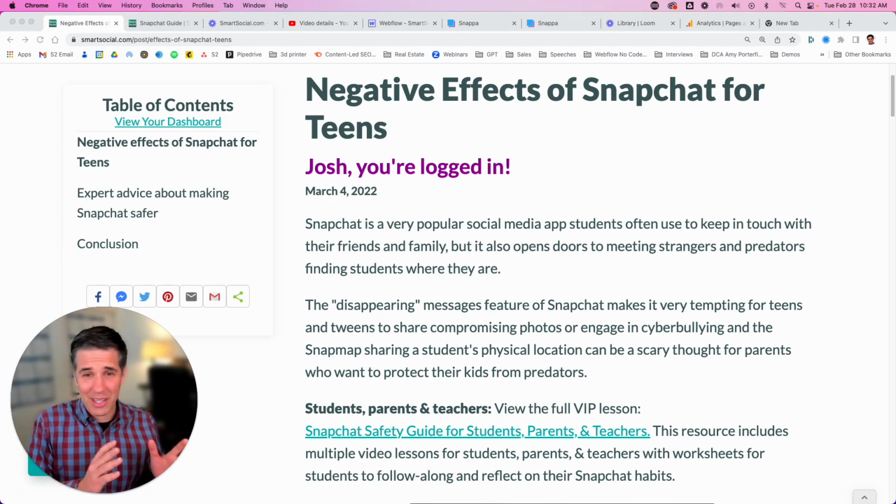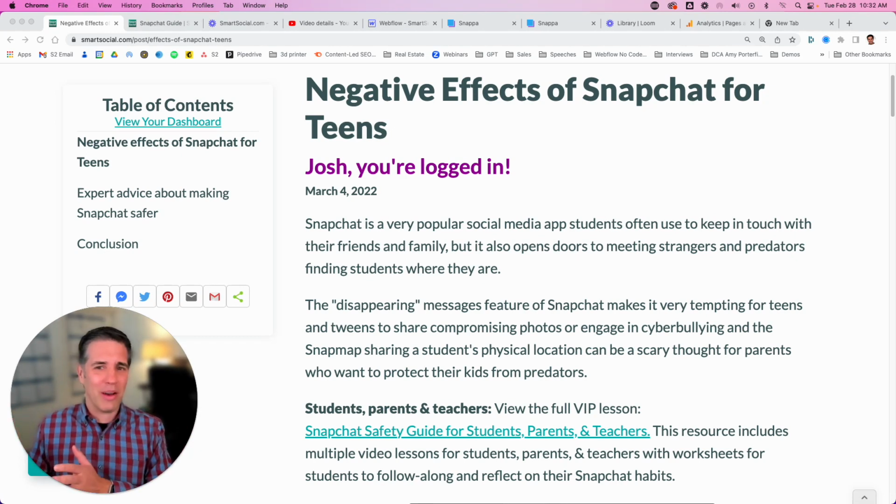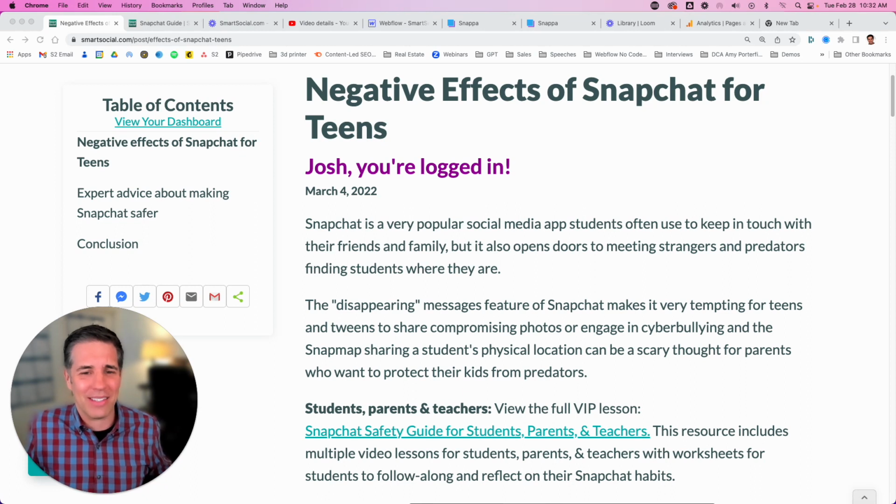Now, some students come to this page because they're doing a research report and paper. If so, let us know. And some parents are coming here just saying, how do I navigate Snapchat with my student, teen or tween? Now, we're not against Snapchat. We're not against social media at all, but we are against some of the caveats.